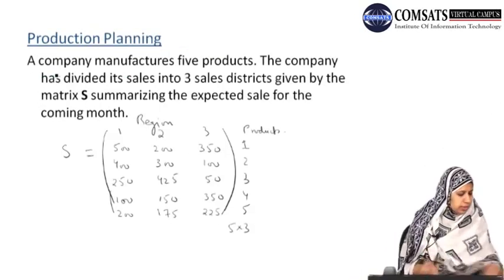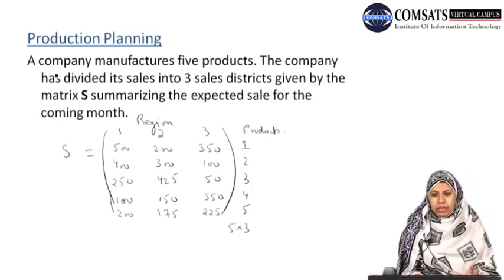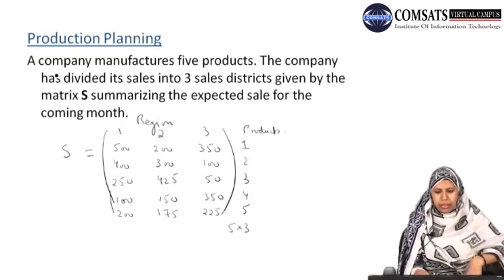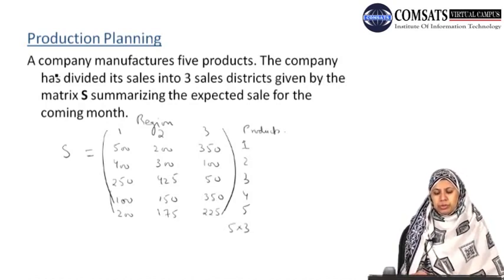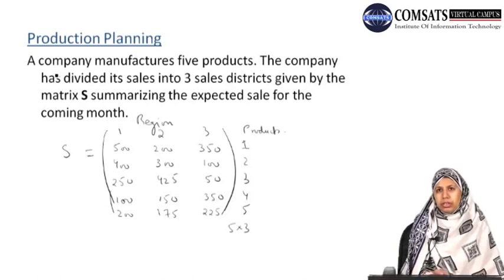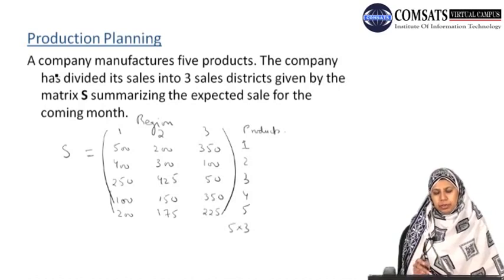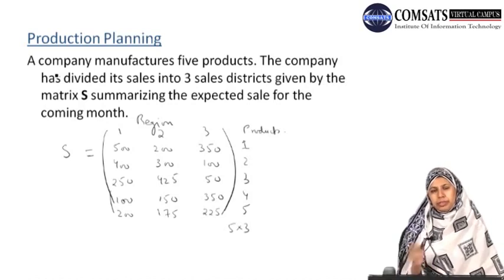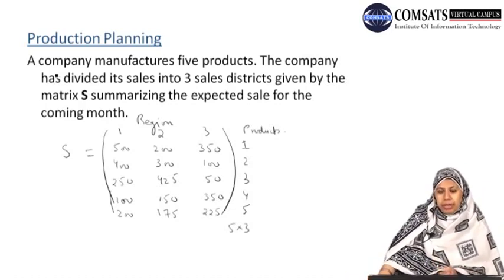the first thing the company is interested in knowing is the total expected demand for each product, which means that if we simply add the entries of the first row, we will come to know the expected demand of product 1 in all the regions. Adding the second row, we will obtain the expected demand of product 2 in all the 3 regions and so on. So the total expected demand for each product can be easily obtained by adding the entries of that respective row. But we are asked to use matrices, or to write the data in matrix form.